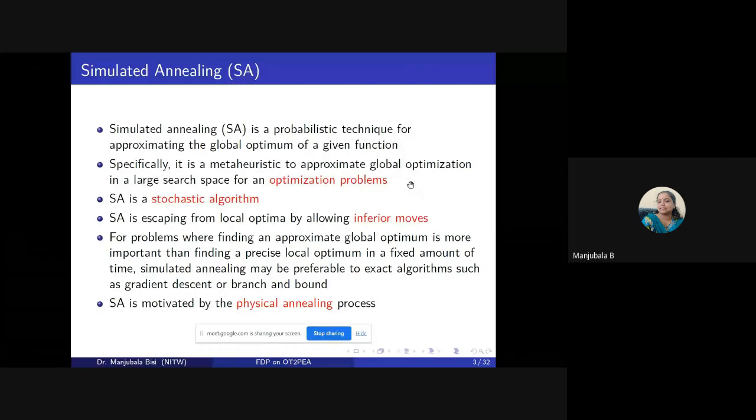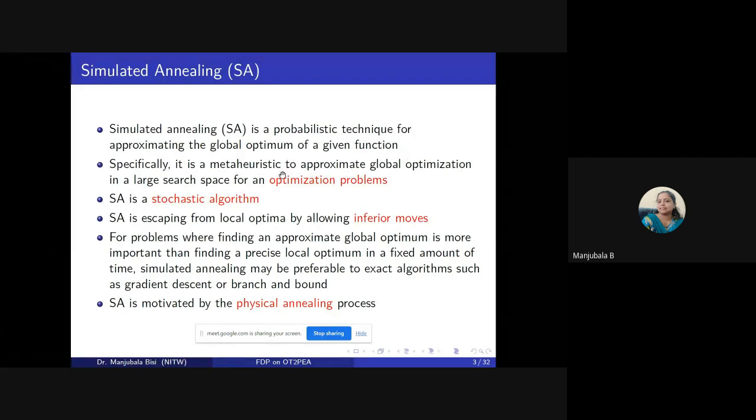So whichever solutions are not good, we may choose some of the solutions so that after doing a certain number of iterations, we may reach towards the best solution or the optimum solution. Right? So generally, the simulated annealing algorithm is a probabilistic technique for approximating the global optimum of a given function,